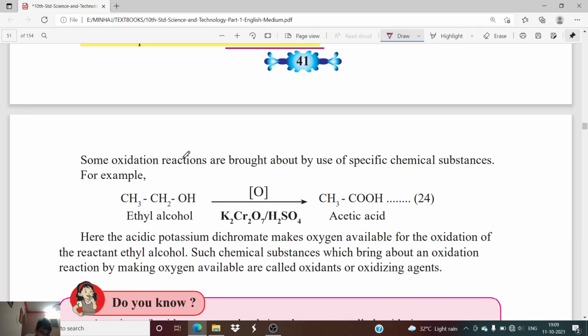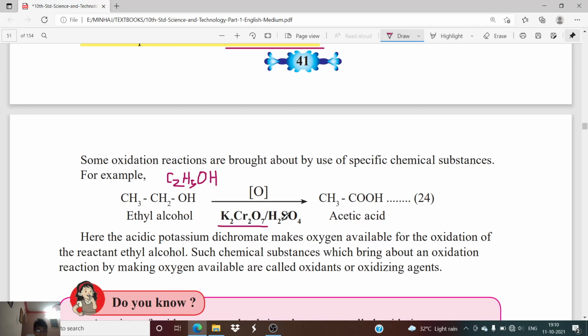Now, some oxidation reactions are brought about by the use of specific chemical substances. For example, in this reaction you can see ethyl alcohol, CH3CH2OH, that is C2H5OH, the molecular formula of ethanol. It is one of the important alcohols, used in lots of substances. So ethyl alcohol is reacted